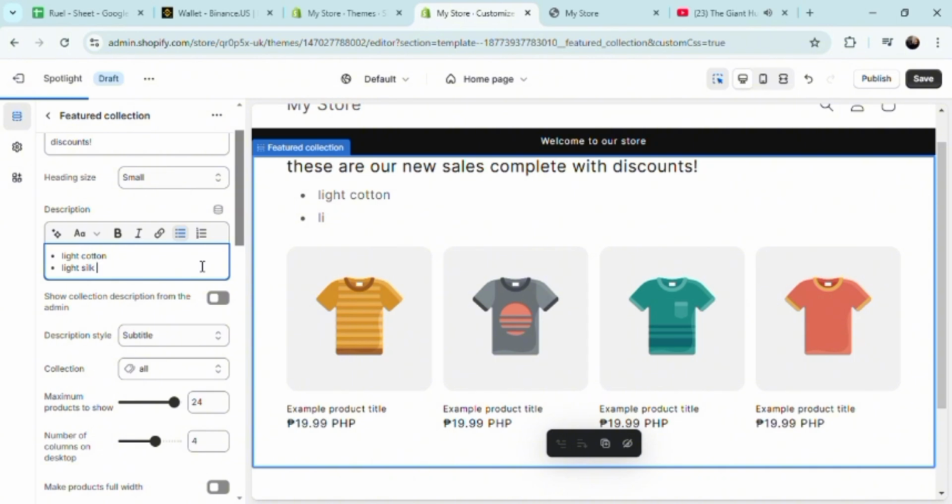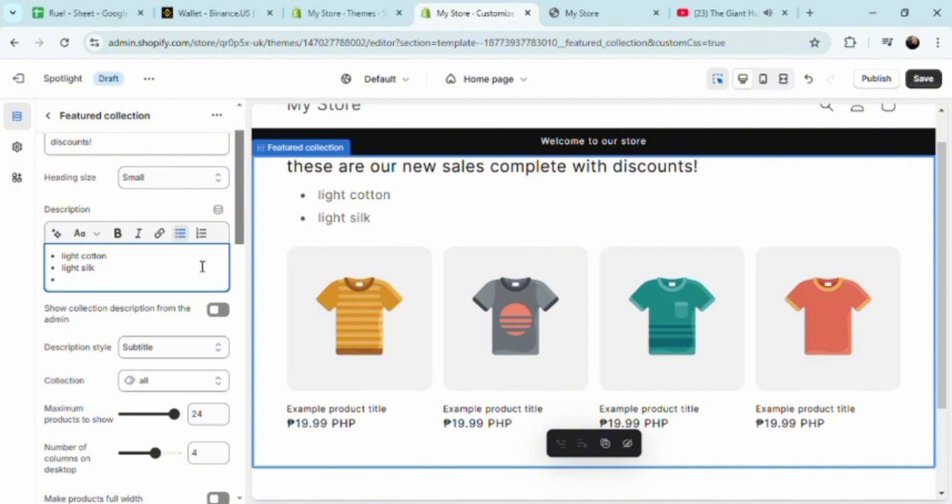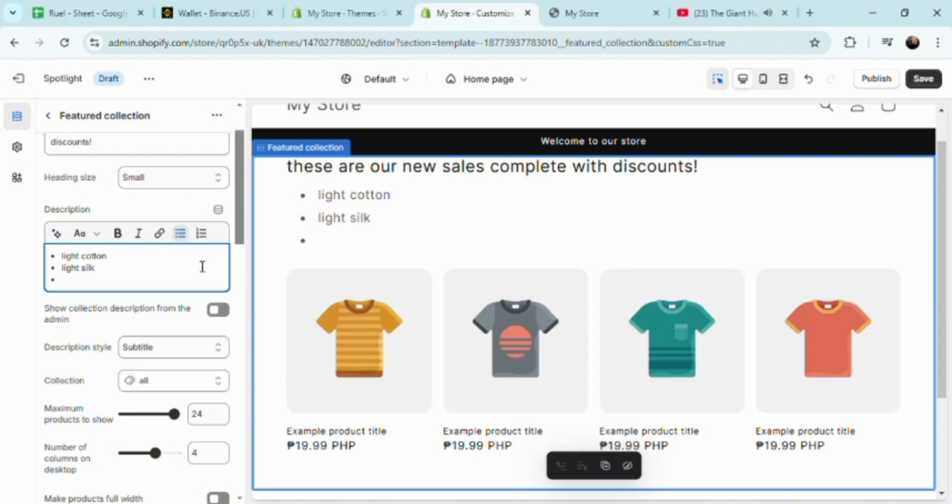What else do we have for our products? You can see it updates every time you type. So light silk. What else? Oh, yeah, just be creative about this one, guys. So we have fiber